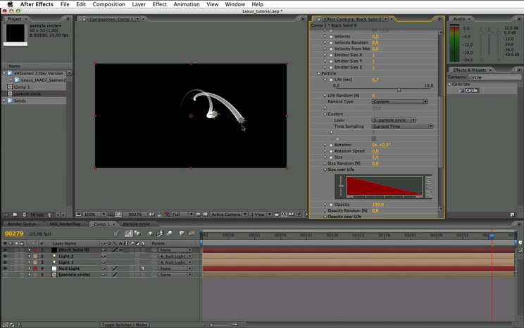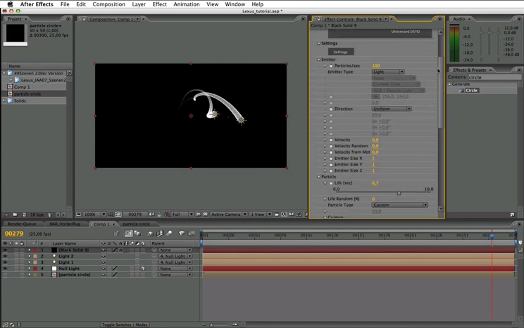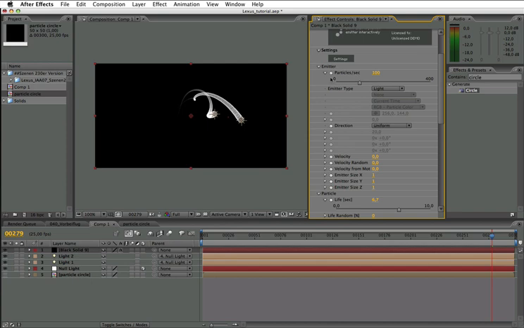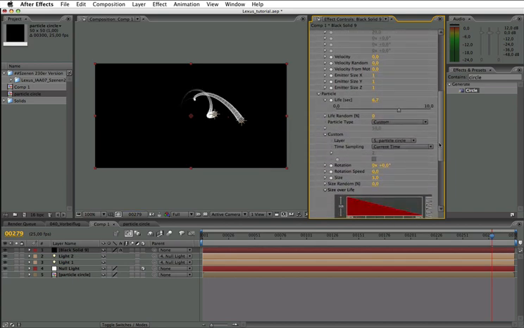We have a very strange looking, it's almost like a tube, and we play around with particles per second, get this down a little or up, and also go to the opacity,